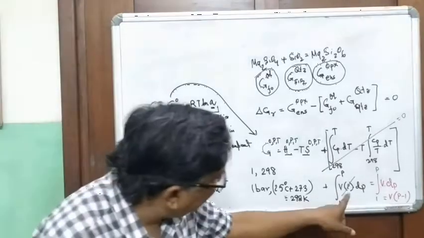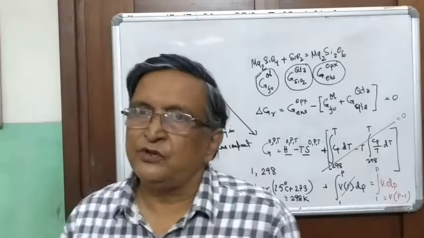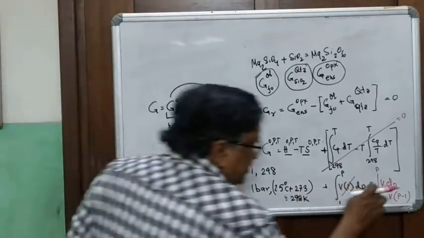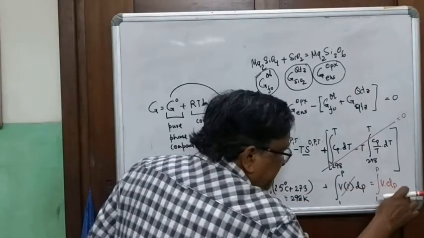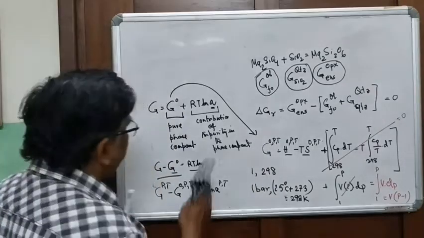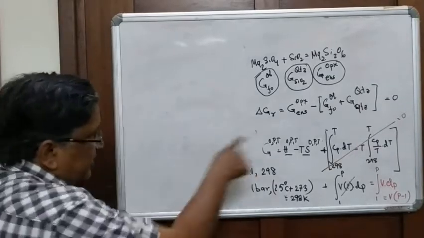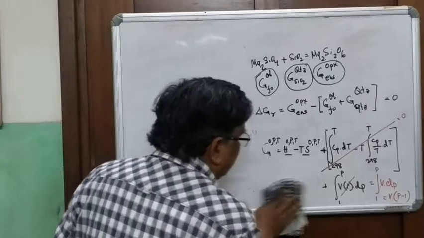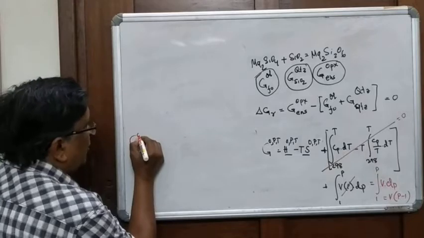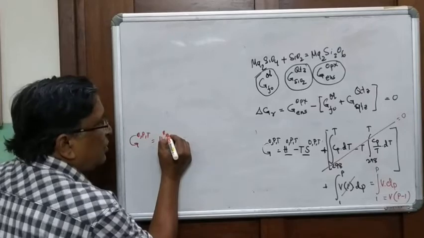That means volume is not a function of pressure and temperature. It's a constant. So if we do that, then V comes out and you have P minus 1. Now the equation becomes a little simpler. How simpler? It reads now G0 PT is equal to H0